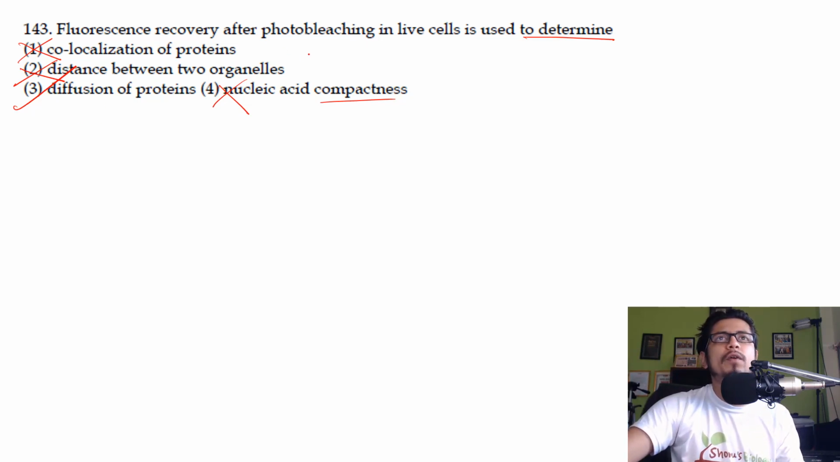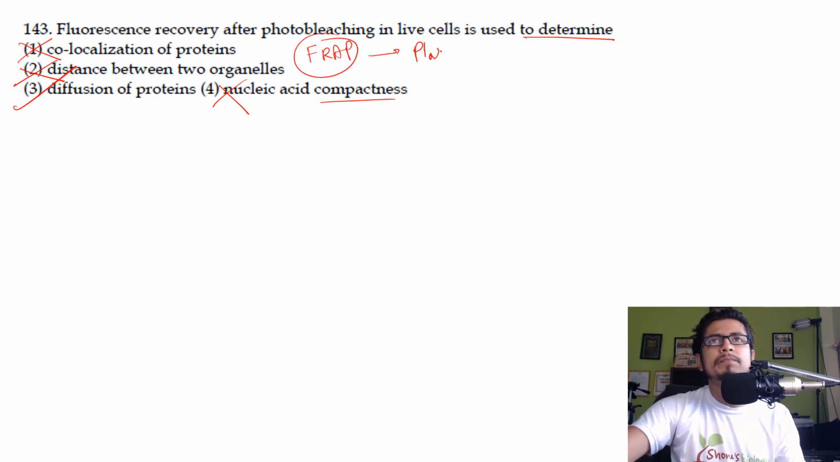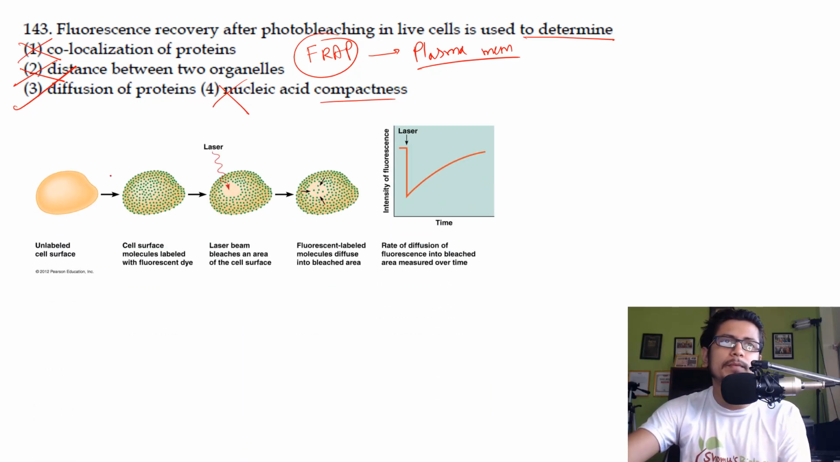Fluorescence recovery after photobleaching, known as FRAP, is actually done in the plasma membrane to check the movement of membrane proteins from one place to the other, the diffusion of the membrane proteins. Where you have an unlabeled cell surface, the cell surface is labeled with a fluorescent dye, then we put a laser beam that bleaches the area. That means it will bleach a region where the fluorescent dye is put out of action, and then we wait for some time while all the proteins and the phospholipids start moving towards the bleached area,